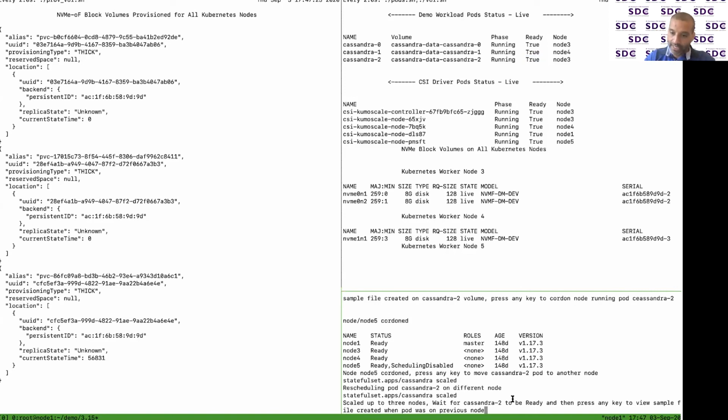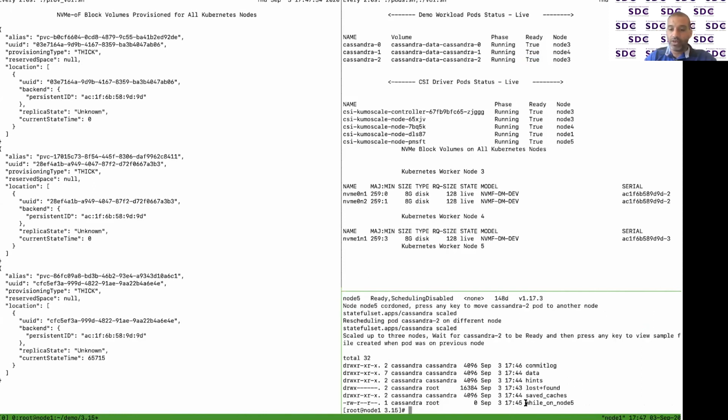Now I press enter, which is going to do an ls -l on that volume again. See, now we have this file. So it means it's the same volume which earlier was on node 5, now on node 3. Cassandra 2 gets the same volume.